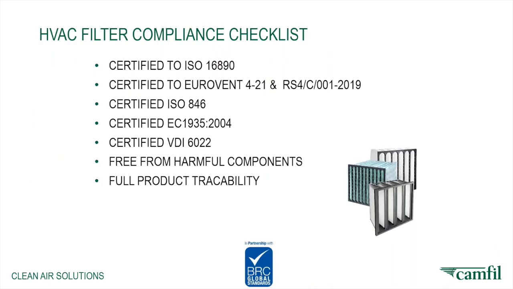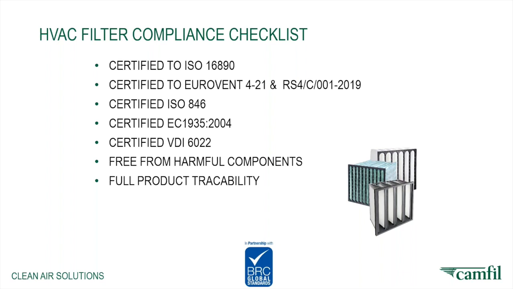So to summarize, when we're speaking about HVAC filter compliance checklists, filters should be compliant to ISO 16890. Your filter should be certified to Eurovent 4/21 and RS 4C 001 2019. The Eurovent labeling on the boxes and on the filters will verify this. This is why it's always important to check the filters when they come into your facility to ensure they are compliant. The filter should be certified to ISO 846,